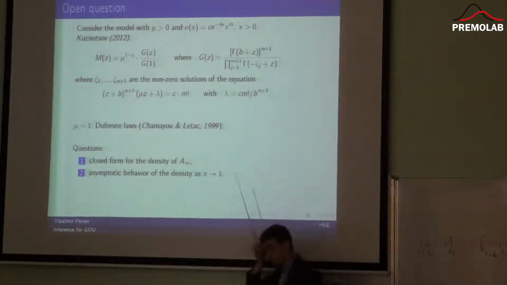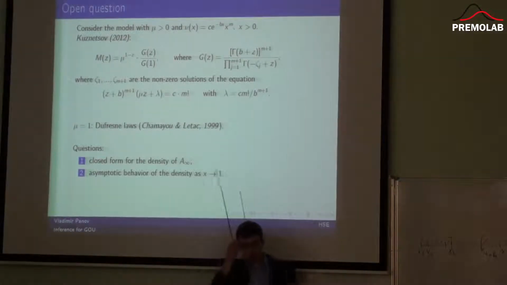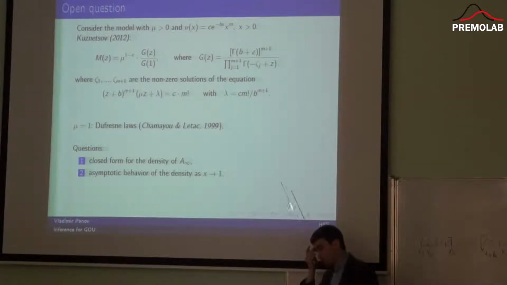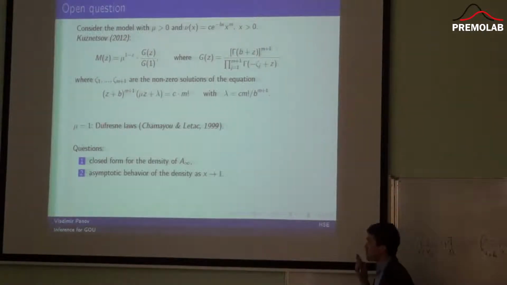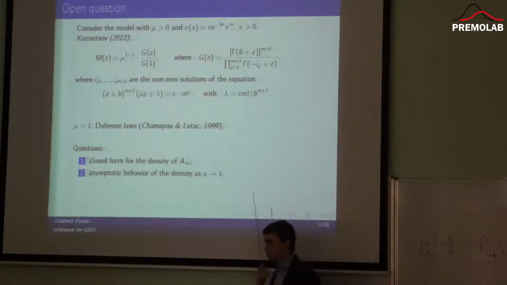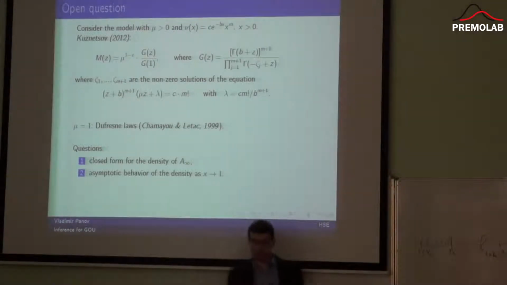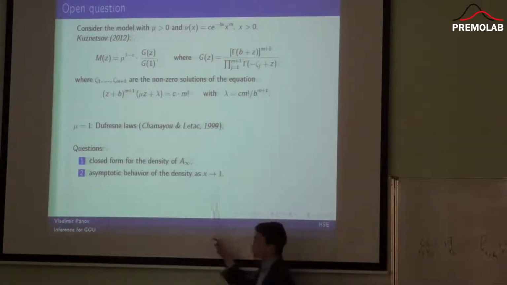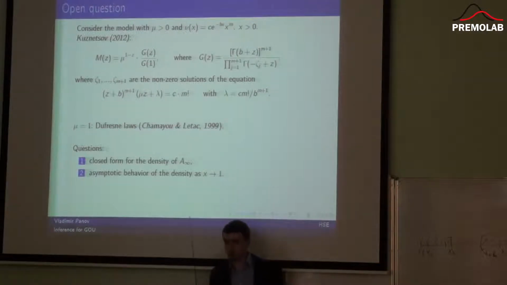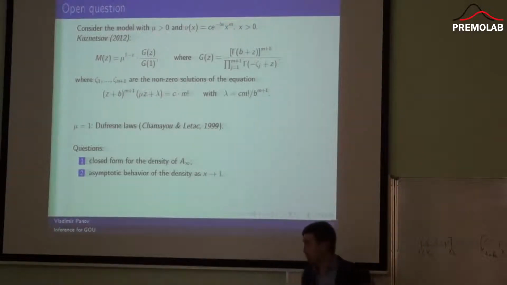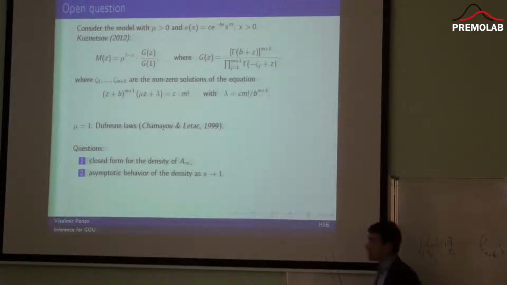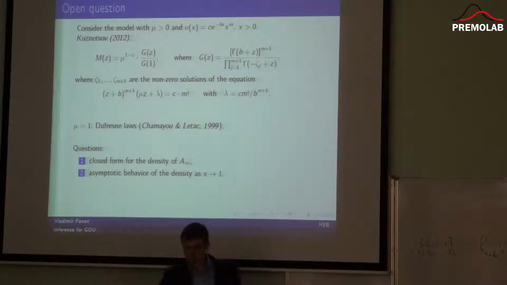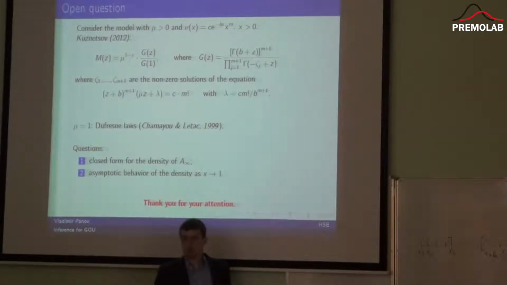The question which we would like to ask, and which is from our point of view a little bit difficult, is how to find the density of the exponential functional for this case. We know the Mellin transform of the exponential functional, but how to find the density, or at least how to find the asymptotic behavior of the density. This is also important for our theory. To the best of our knowledge, this question is open in the literature, and I guess that this can be a good topic for further research. But at the moment, that is all. I would like to thank you for your attention.